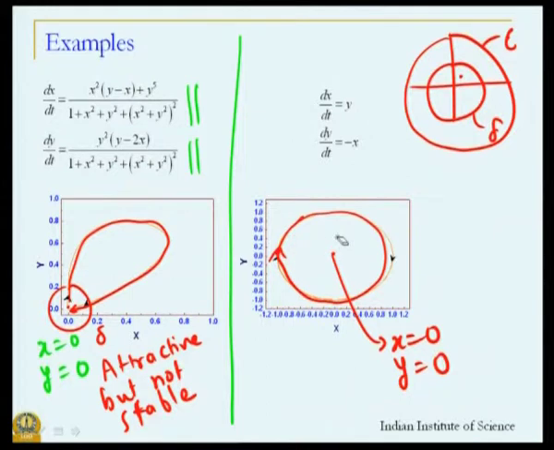So, what does it mean? It means that for this particular example, we can always find an epsilon and delta such that the long time solution is bounded within this region epsilon. So, it is a stable steady state, but it is not an attractive steady state, because the solution does not eventually go to x equal to 0. So, this is stable but not attractive,